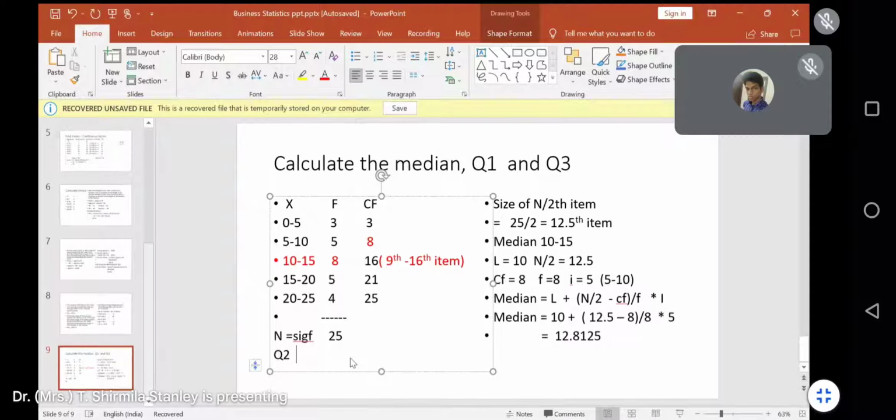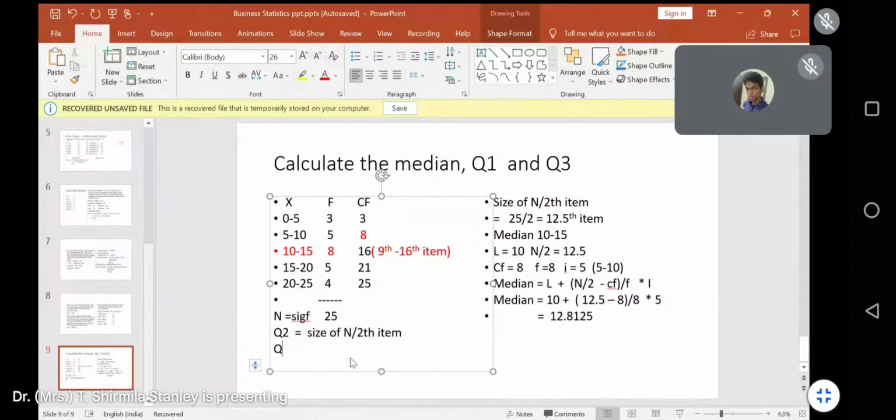So far, we have seen Q1 is equal to n by 4, ma'am. Excellent. Who said that? Yes, Akshay, Danusha. Very good. Danusha, very active. You are very good. So for the median, you are trying to locate with size of n by 2. Now, in terms of Q1, you will locate it with the help of size of n by 4, okay, because it talks about 25%. 2 means it talks about 50% of items. 4 means 25% of items will comprise Q1, right?